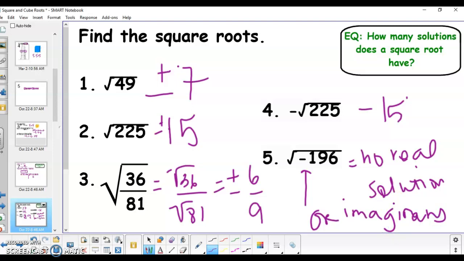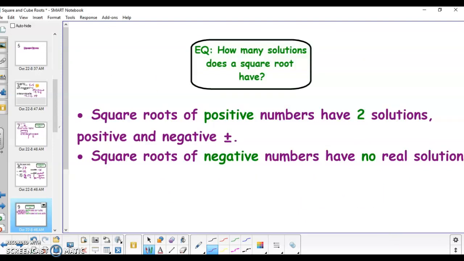Okay, let's keep going. Looking at the last thing. Square roots of positive numbers have two solutions, both positive and negative. Square roots of negative numbers have no real solution. Take a moment, get that in your notes, and that's the final part for square roots as we move on